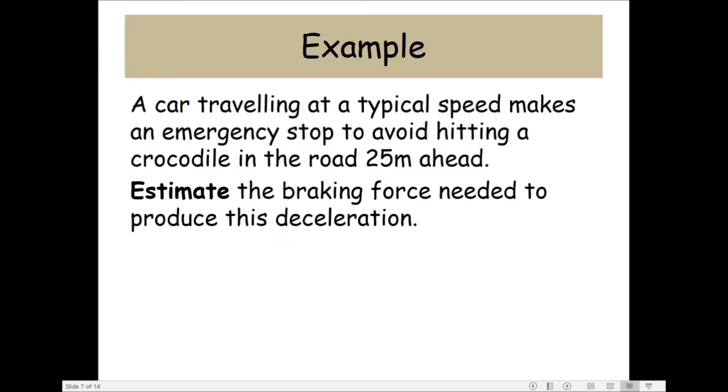Okay, right, another example now then. Here you can see, I'll give you a second to read it and maybe write it down. So a car travelling at a typical speed makes an emergency stop to avoid hitting a crocodile in the road 25 metres ahead. Estimate the braking force needed to produce this deceleration. I mean, it's an everyday occurrence there, driving along, suddenly there's a crocodile in the road and you need to be able to stop. Now, if this was an exam question, it probably wouldn't be about a crocodile,